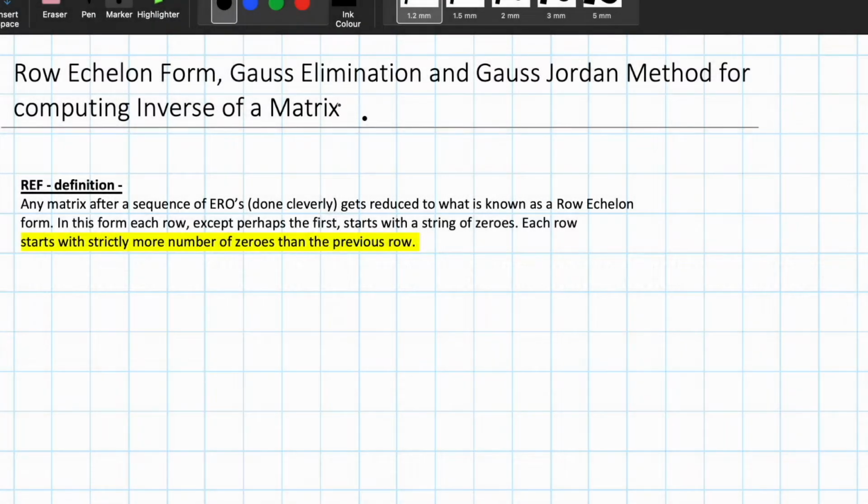In this video, we will be talking about row echelon form, Gauss's elimination, and the Gauss-Jordan method. So let's begin with the definition of row echelon form. What is row echelon form? Any matrix after a sequence of elementary row operations, which we studied previously, gets reduced to what is known as